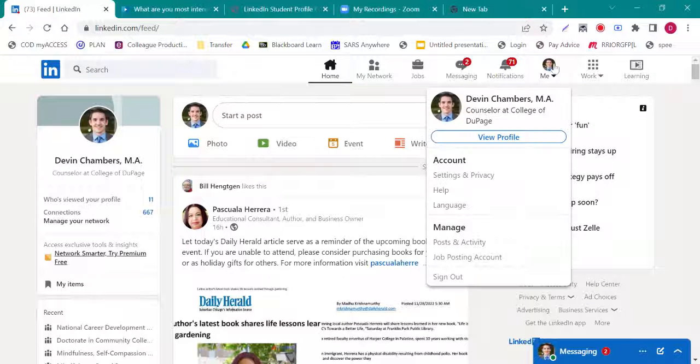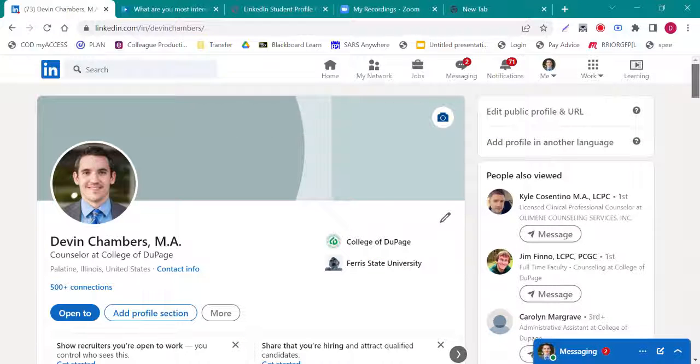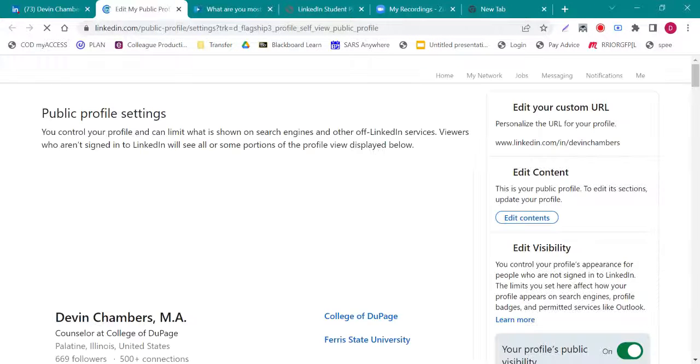If you click up here, there are a couple ways you can start editing. You can either click over on your name, or click on profile. First we're just going to go into view profile. Yours is going to be blank for right now. First, what I want you all to do is edit your public profile. So we're going to click on top.